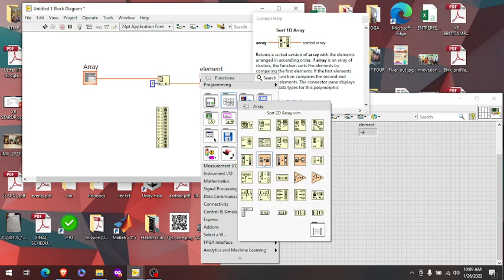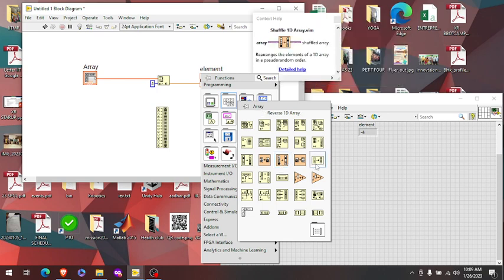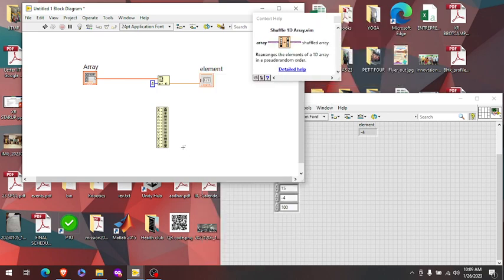Sorting an array, sort 2D array, like this. All these functions, all these are connected with